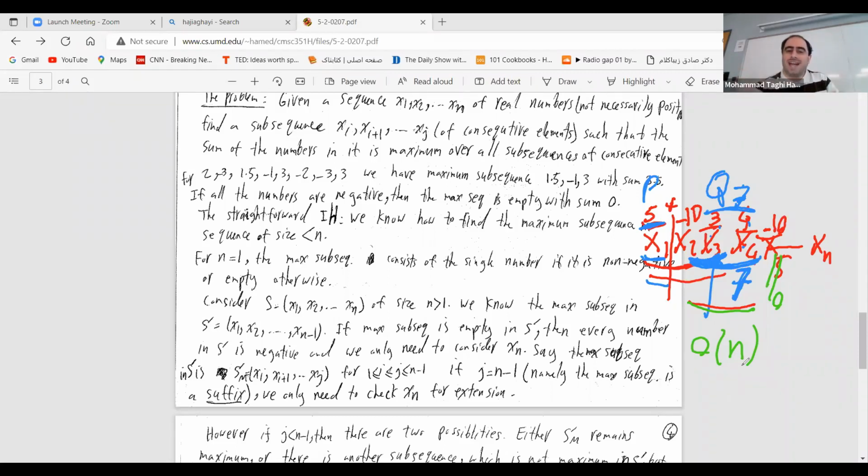Good. So that's essentially a strengthening induction, as I mentioned. When we do P and Q, we need to compute both of them for the next step. And then we can solve this problem.